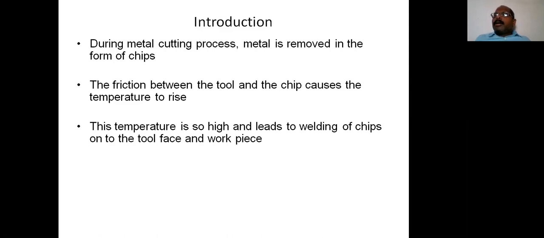Making a bond or making a joint between two metals by applying heat, with or without force, or with or without applying additional material or extra material, is called welding, or the welding technique or welding process. In this definition of welding, we observe three terms. One is the heat, second is the force, third is the filler material or additional material.